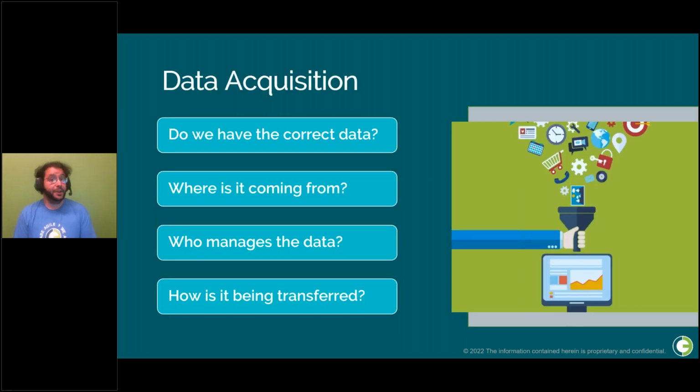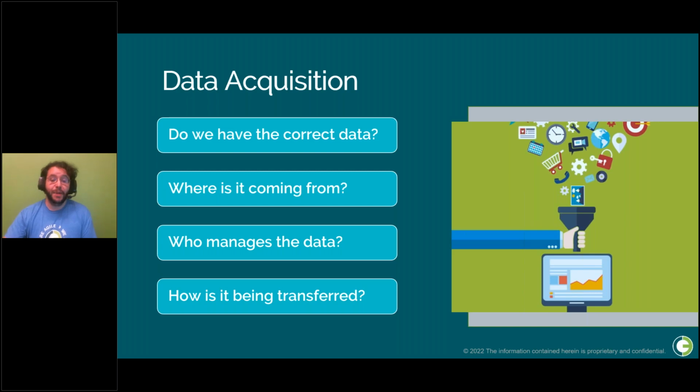And then before configurations can begin, you need to make sure your implementation team has all the data they need. Not having the necessary data can stall the vendor from getting everything set up and push your implementation over schedule. They also need to understand where it's coming from. This provides context as to how the data looks in its current state and how it needs to be set up in the new system. On top of that, they need to know who owns it. This gives the implementation team a point of contact in the event that they need any clarifications.